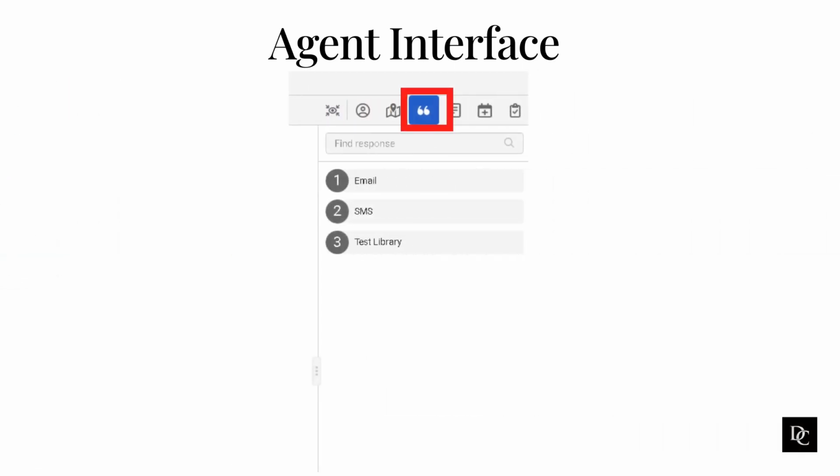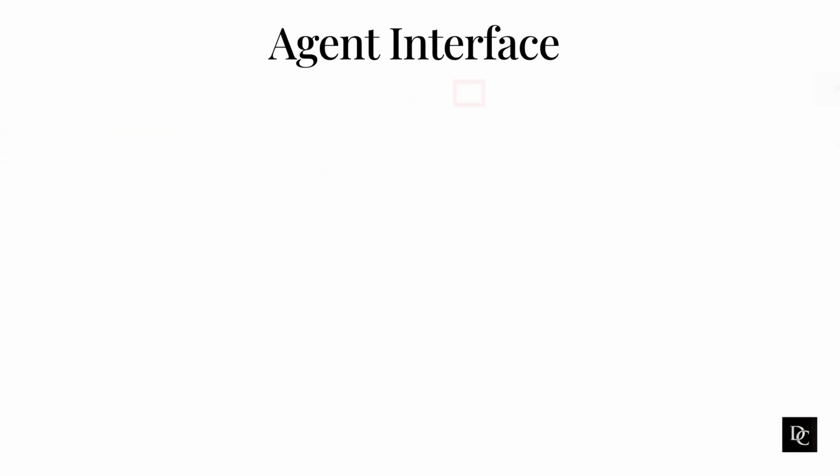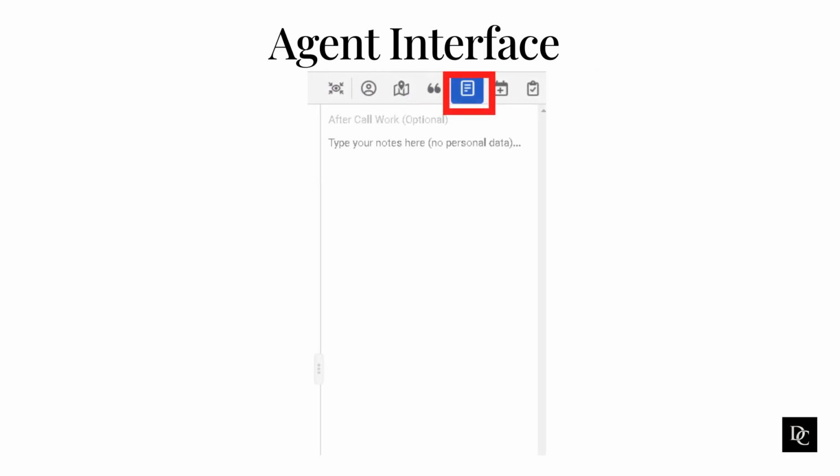Canned Responses. Canned responses are pre-written answers to commonly asked questions. You can use the canned responses during an interaction by either reading the response to a customer or by inserting the response into a chat, email, or tweet. Notes. You can make notes about an interaction during the interaction or while and after call work. If you enter notes for an interaction and then transfer that interaction to another agent, the notes remain with the